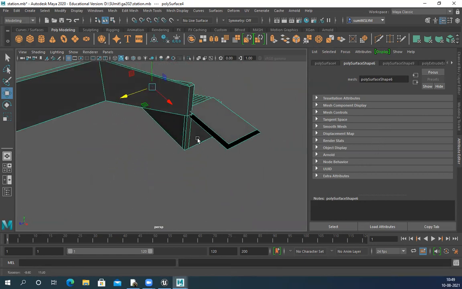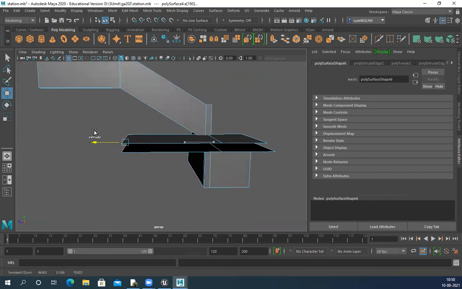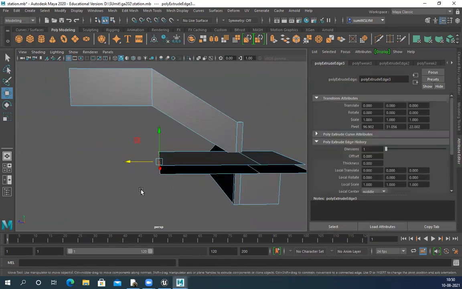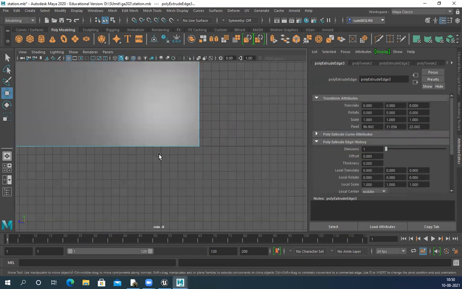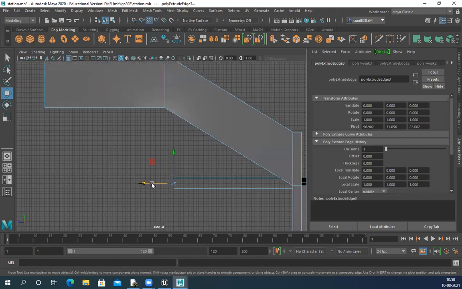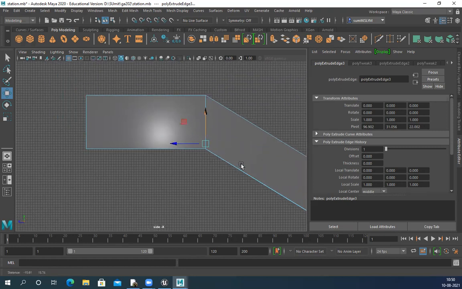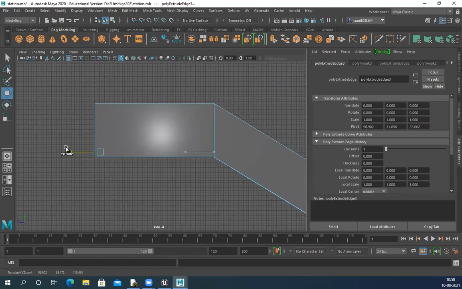Yeah, this one looks much better now. V, snap this point, perfect snapping. Extrude.